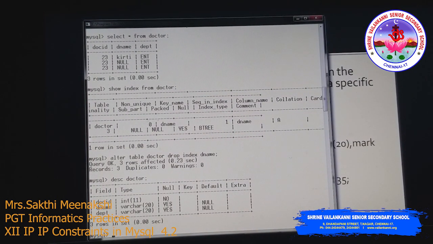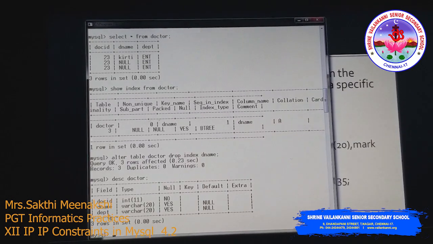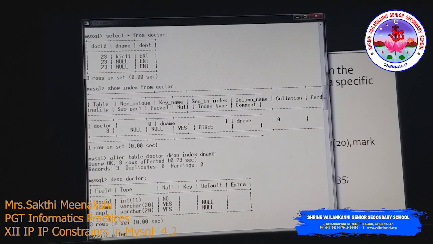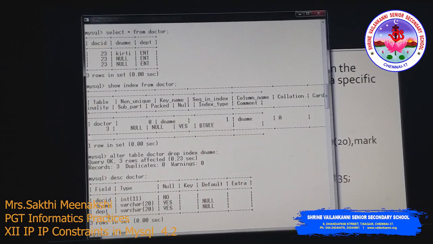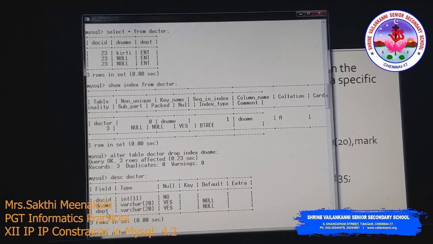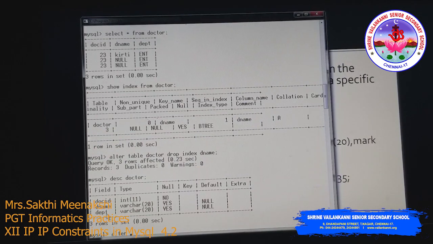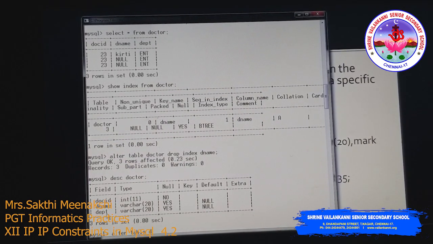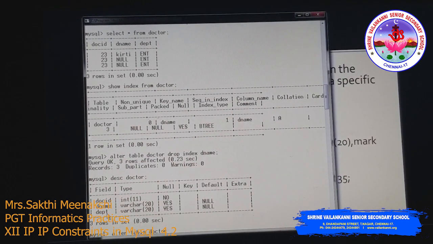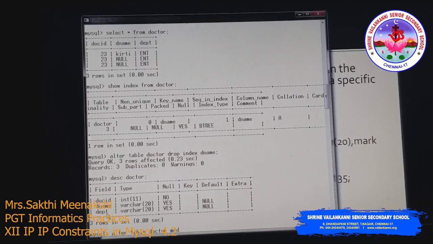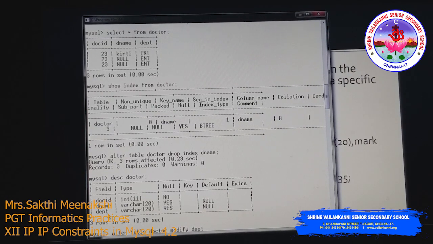For example, in the same table, if you are going to apply the department default value, the command is the alter table command. If you are creating a new table, we can use it in the create table. Since I have already created the table, I am going to use the alter command. So alter table doctor, then I am going to modify the field name department.